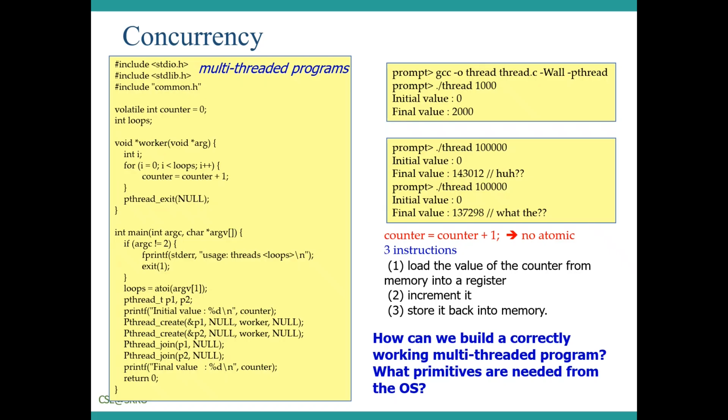The threads share the same address space, unlike processes having their own address spaces. Therefore, the global variable loops is shared by the two threads.